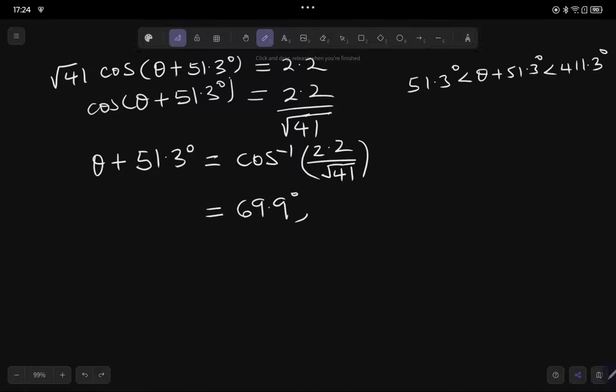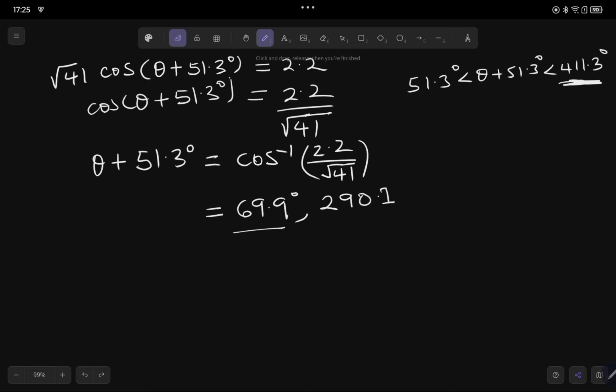69.9 degrees. Now in the fourth quadrant, cos is also positive. It will be 360 minus 69.9, which gives us 290.1. Since our cycle goes above 360, the range, we are going to get another angle here if possible. Which angle is that? It will be 360 plus the first angle,